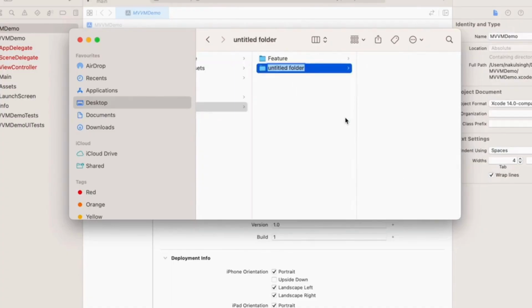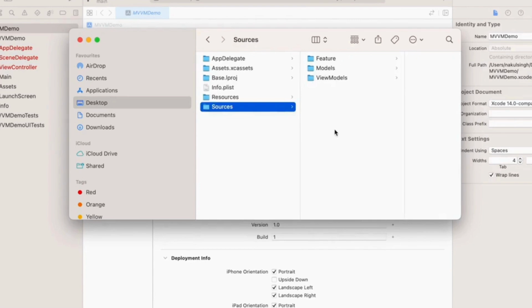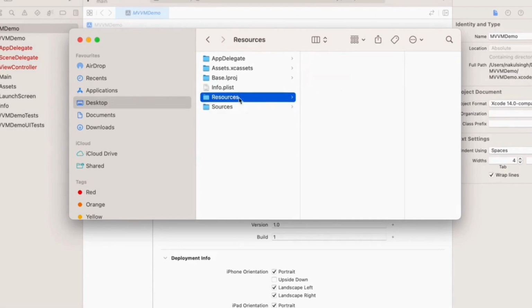So hopefully now you have a better understanding of why we use the MVVM design pattern. I will show you how we will create a project with MVVM architecture, and I will show you from scratch how the folders are organized according to MVVM. I will call the API so that you guys can know how we can create a project with MVVM architecture. So let's start